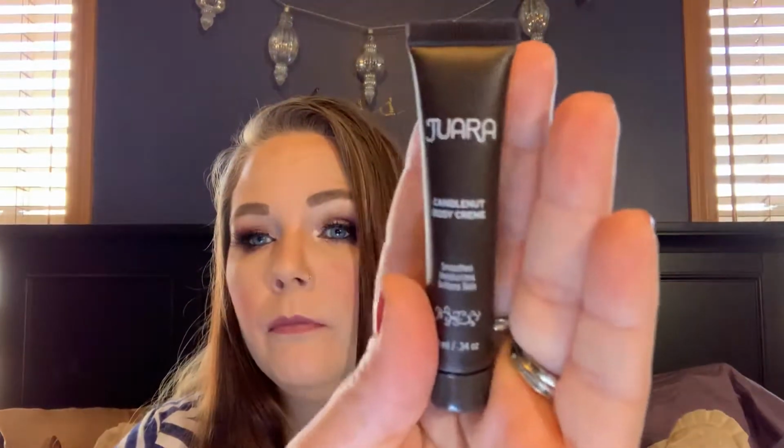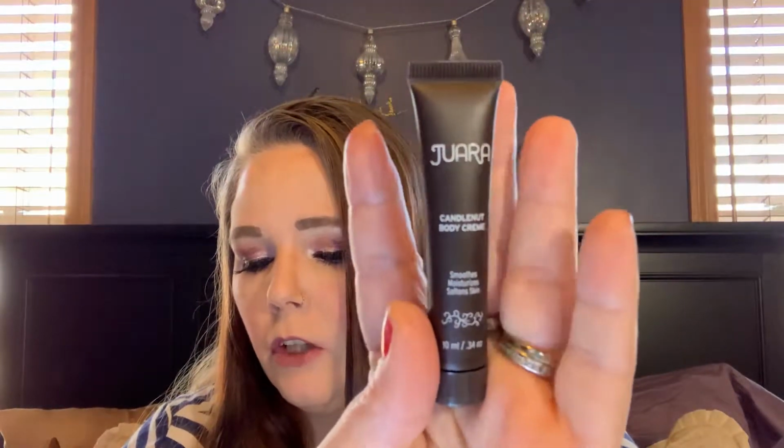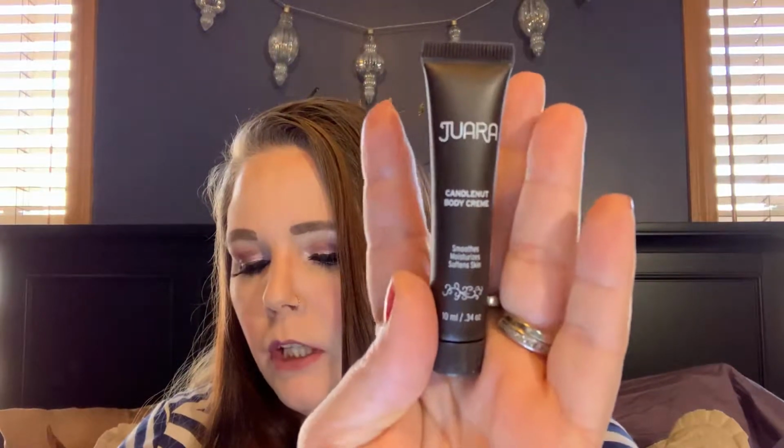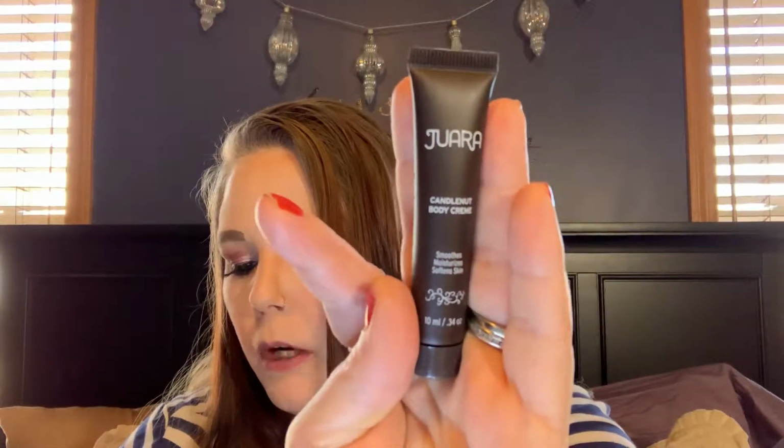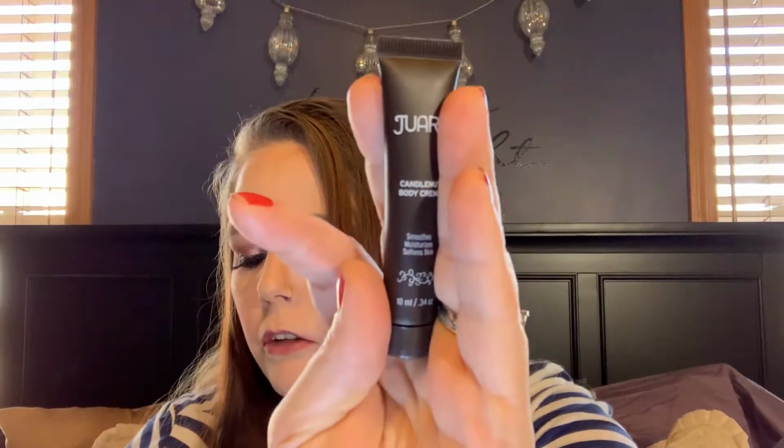All right, so the next item I'm pulling out, and I don't know how to say this. It is Gerara. I don't know. I'm not good at pronouncing things anyway. Full size of this is $35. It is a candle nut body cream. It's a velvety candle nut oil formula inspired by Balinese recipes. Penetrates deep into dry, rough skin for instant, non-greasy softness that lasts and lasts. $35 for a body cream is quite expensive. It is sealed. I don't think I would pay $35 for a body cream, but